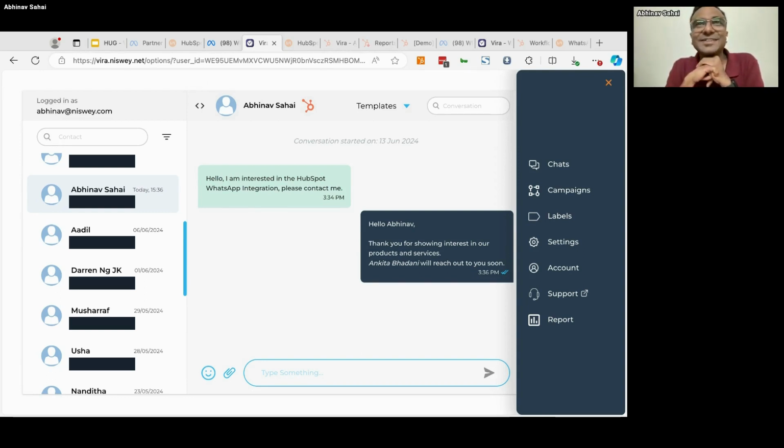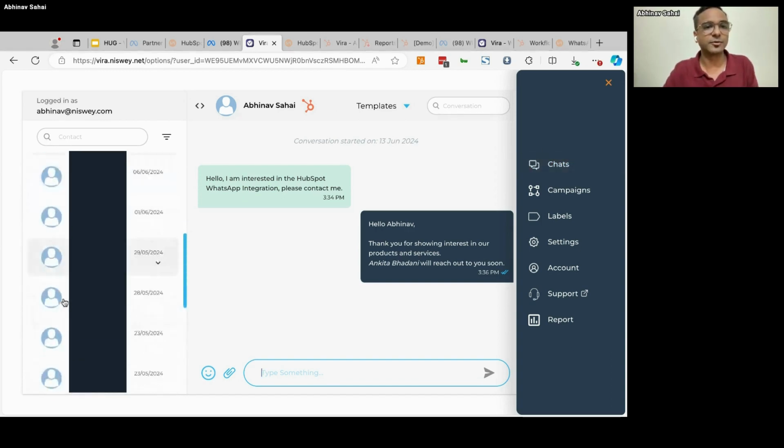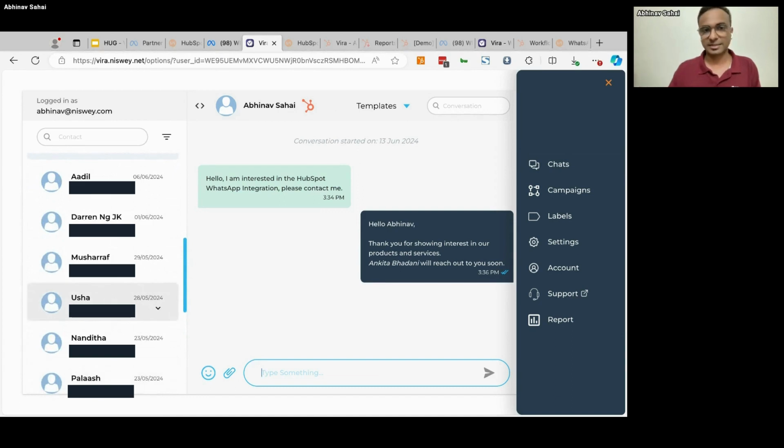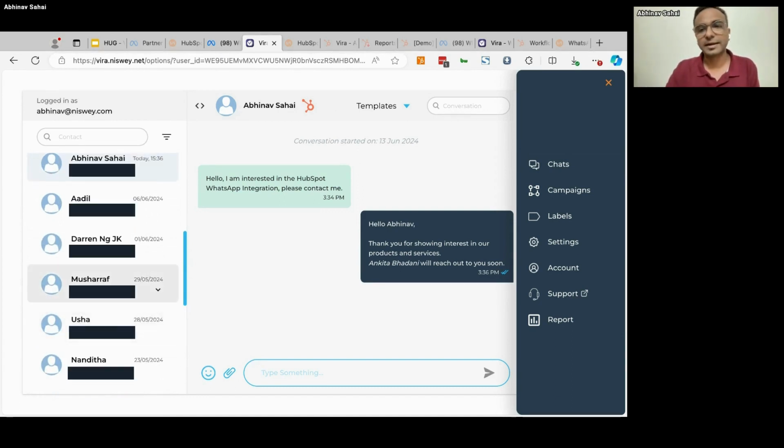Okay. So yes, what you will need to do is, you can set up marketing campaigns in the Vira app, and let me quickly show you how. So over here, you must be seeing, this is a chat dashboard. If you configure the WhatsApp API and connect your Meta app with the Vira app, what will happen